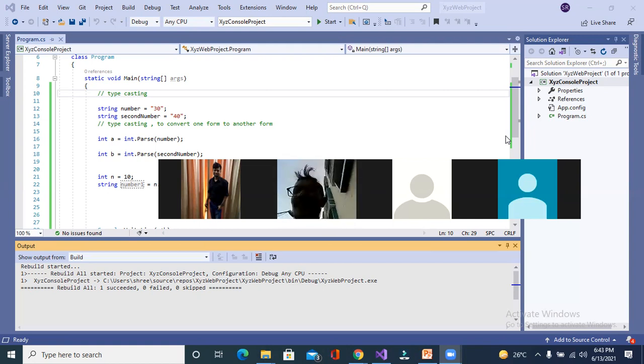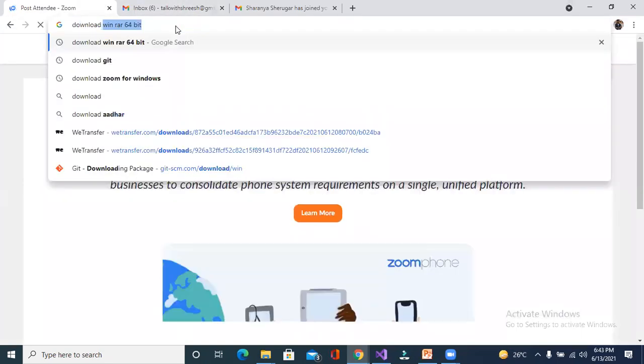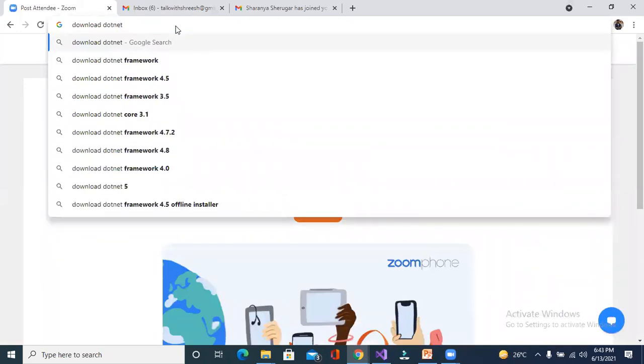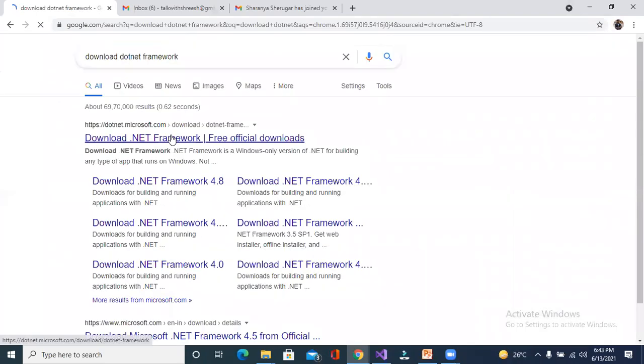But sir, you said that it runs on any system. In that case, if the other person doesn't have Visual Studio, it runs, sir? Yes, it will run, but the person should have the .NET Framework. Let me show you one thing. For example, if you want to run a .NET Framework application, simply install the .NET Framework.